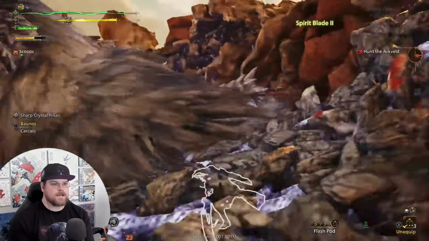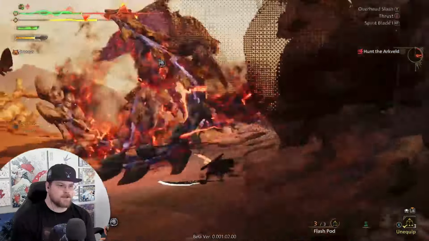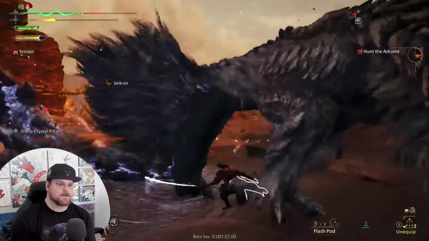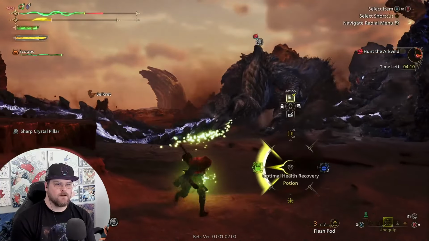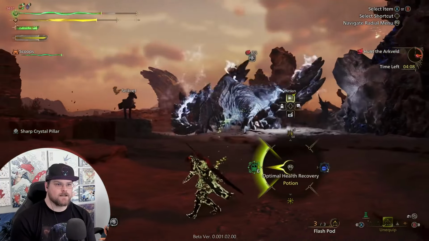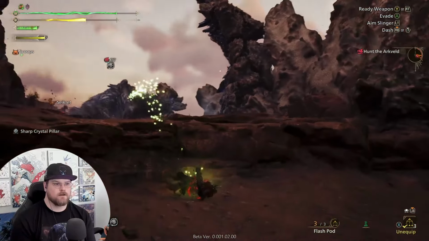So yeah, cutting the tail off means there's an extra thing to carve at the end of the mission, so you get extra monster parts. But there's no reason for me to actually carve it, because the only thing that's gonna carry over from the beta is your character's name and stuff. Alright,